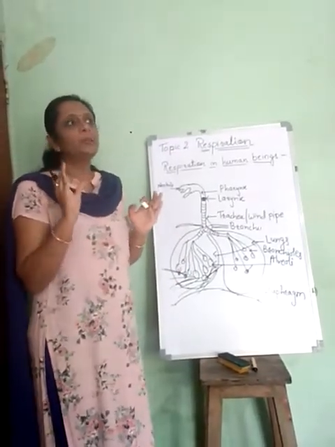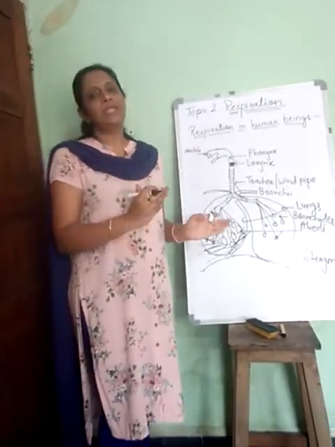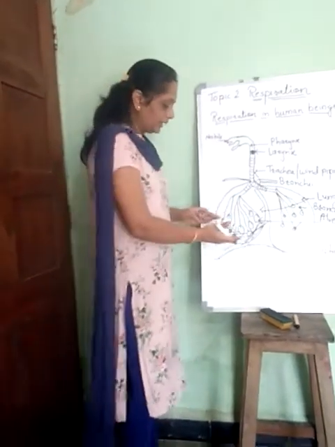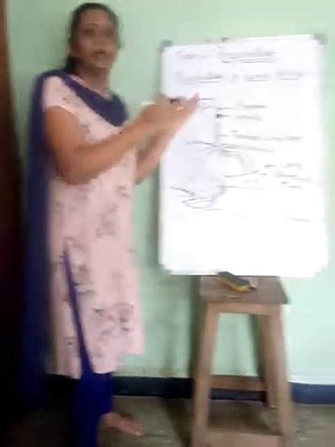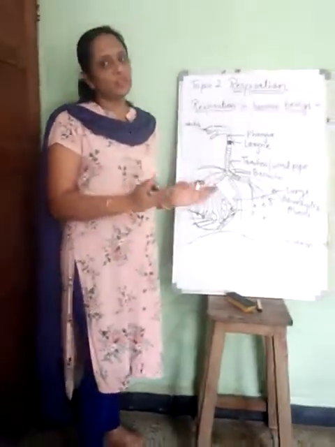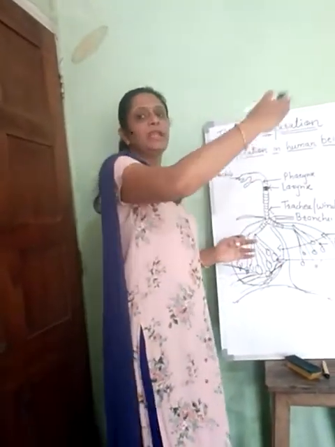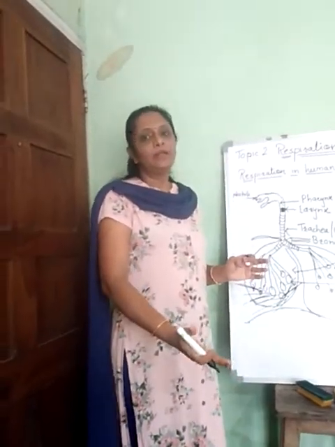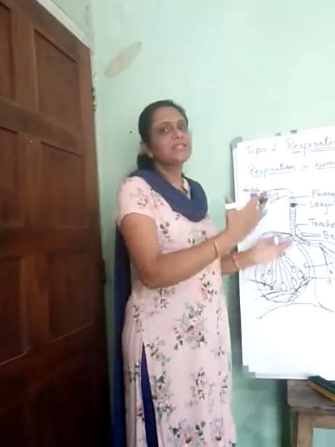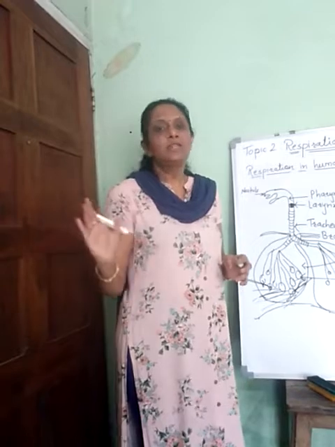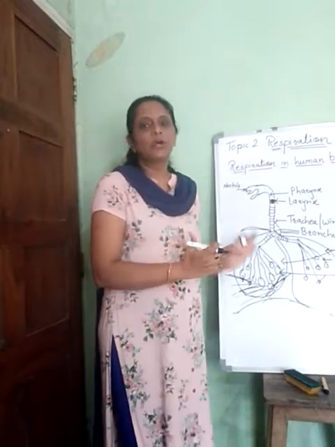One very important pigment present in the blood is called hemoglobin. This hemoglobin is the oxygen carrier. So in the blood, hemoglobin absorbs the oxygen from the alveoli, and carbon dioxide is given to the alveoli by the process of diffusion. Then the purified blood is taken back to the heart by the pulmonary vein. This blood vessel takes the oxygenated blood to the heart for its distribution. And this is how the human respiratory system works.